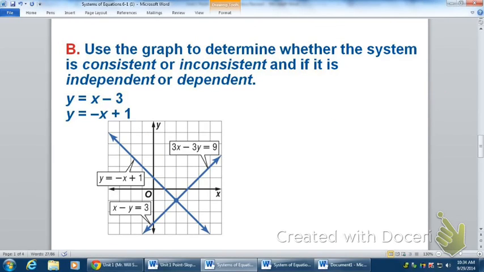Okay, use the graph to determine whether the system is consistent or inconsistent and if it is independent or dependent. So by looking at your chart, it's consistent and independent. It meets at one point. So how many solutions are there? One. Okay, so it's consistent and independent. The way you can find the intersection point is you can make the two equations equal. So like